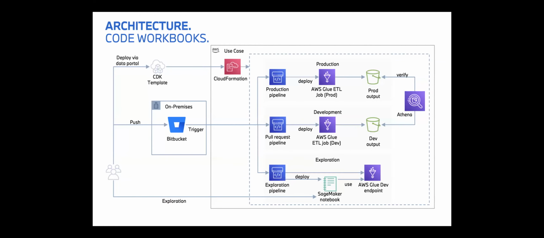So every time you make a pull request, you can have a look at the actual data, how it would turn out on prod. And when you are confident, you can merge the pull request in Bitbucket, and then the production pipeline runs with the code of your newly merged pull request with all the data in production. And this is something we are introducing at the moment to make it easier for our customers to write data transformation pipelines. Yeah, I think these are the really fundamental building blocks.